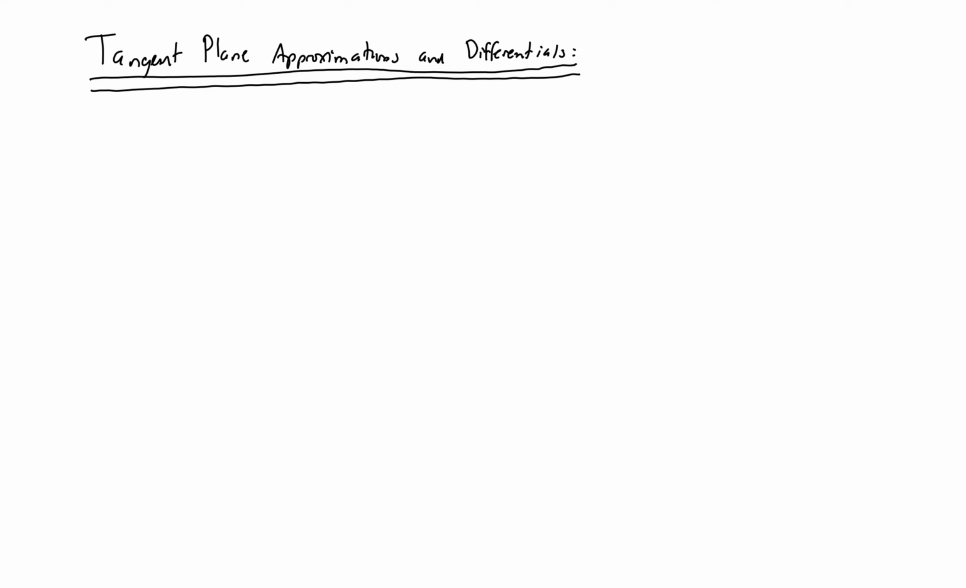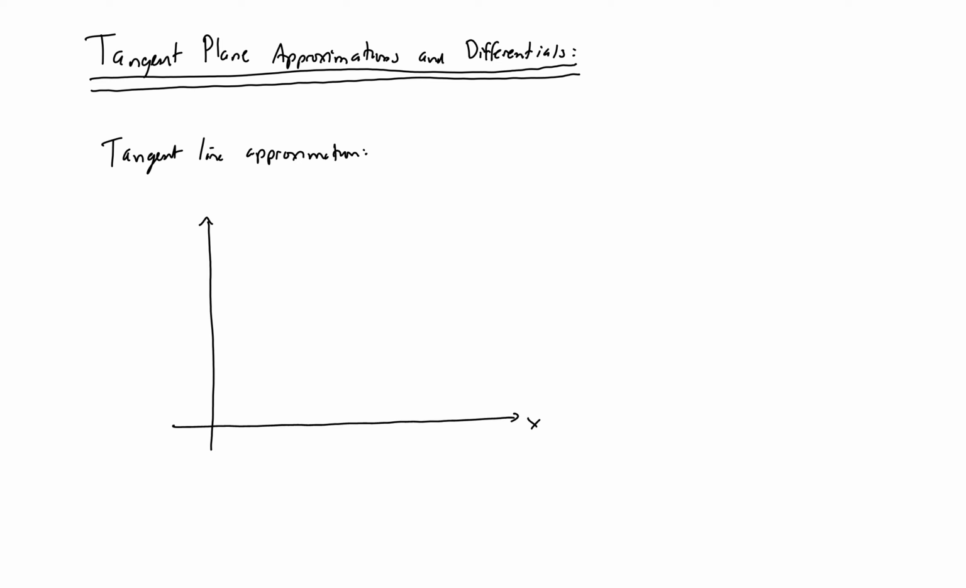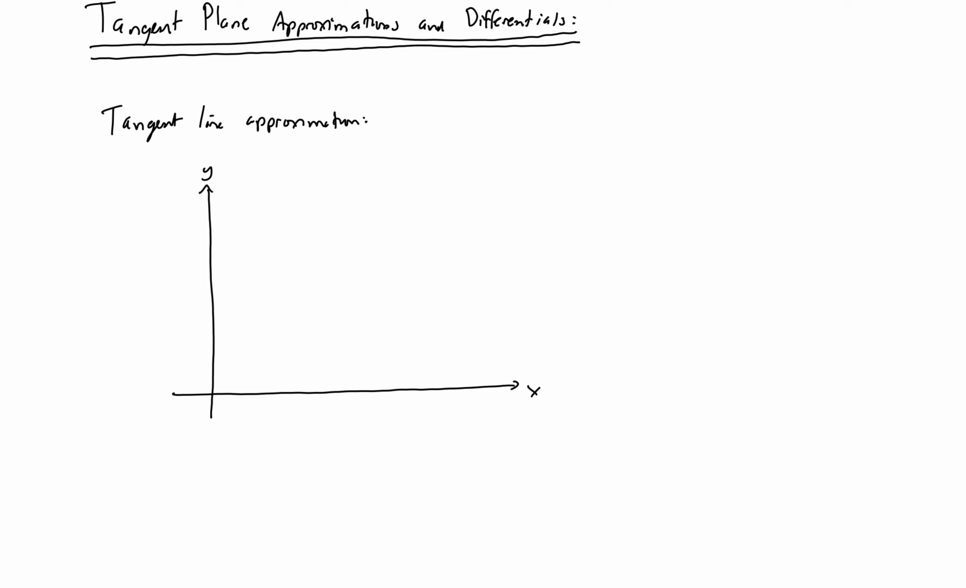Okay, so in this lecture we're going to talk about tangent plane approximations and differentials. This generalizes our tangent line approximations and differentials of one variable that we've seen before. So let's quickly review our tangent line approximations, just so we have fresh in our memory what these are doing, so we can see how this is a generalization. So the idea here is if I have a function of one variable, so suppose this is my function